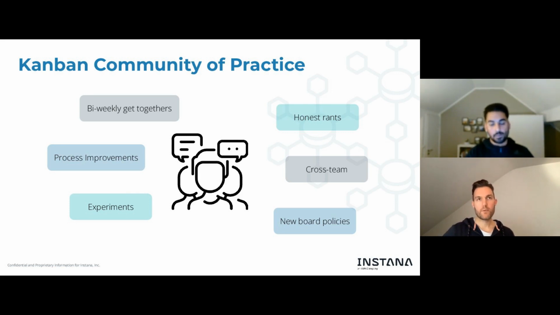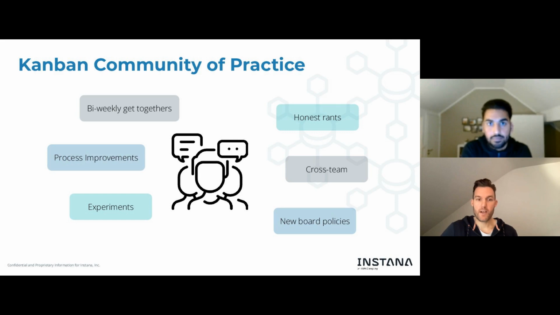And we try to have one engineer, or even product managers, but mostly engineers, from every team in this community. And this is also to talk about new experiments, learning from the other teams.